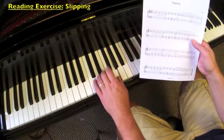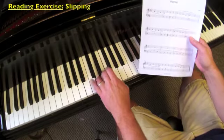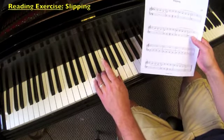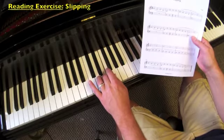1, 2, 3, 4. 1, 2, 3, 4. 1, 2, 3, 4. 1, 2, 3,